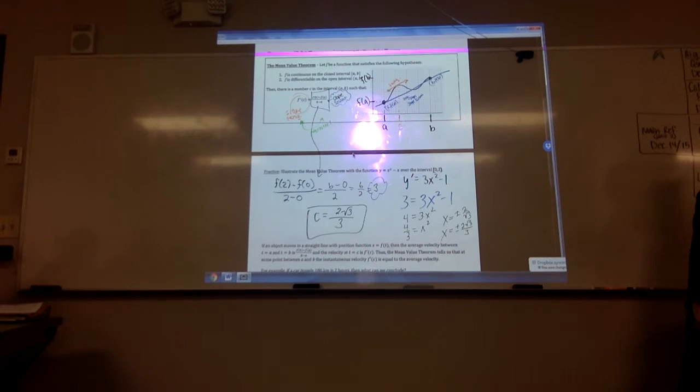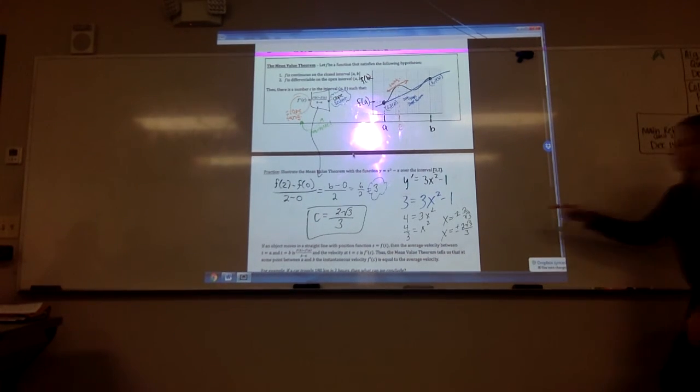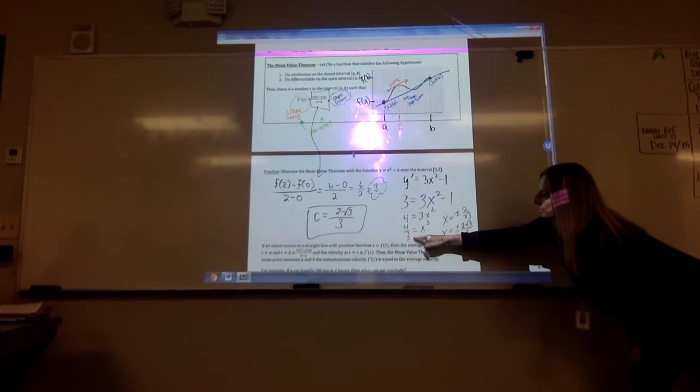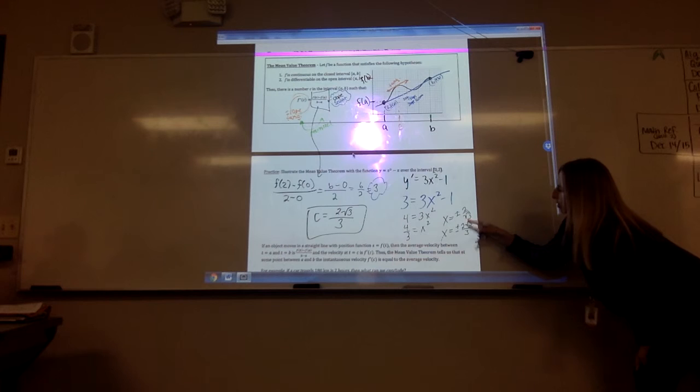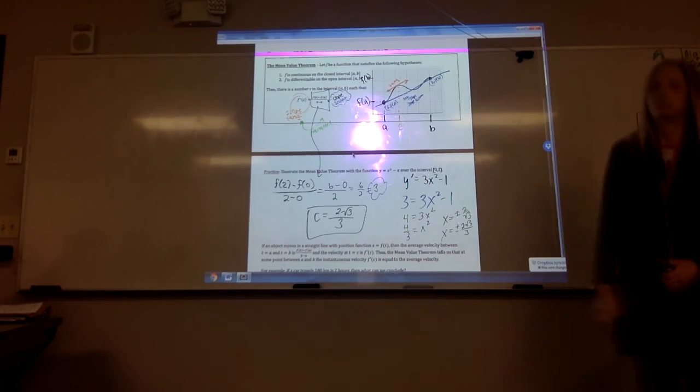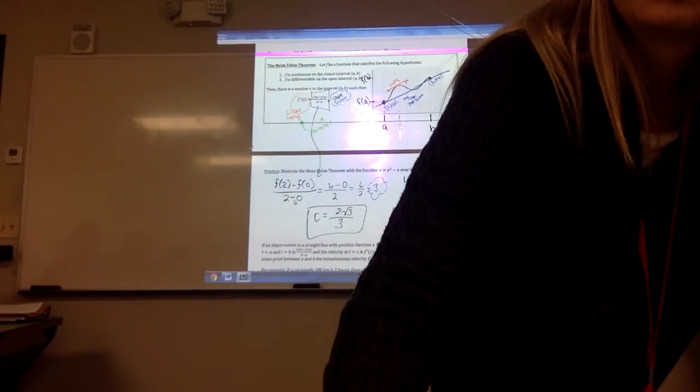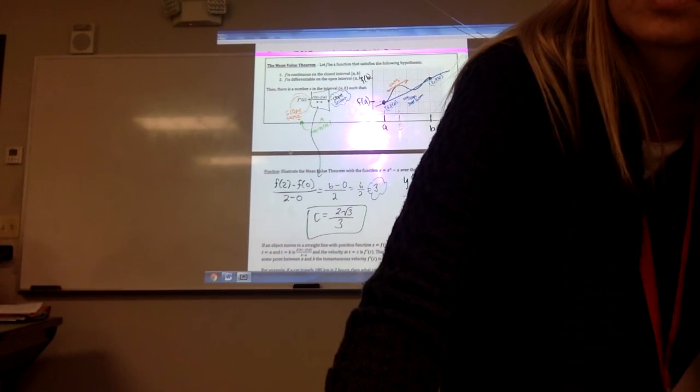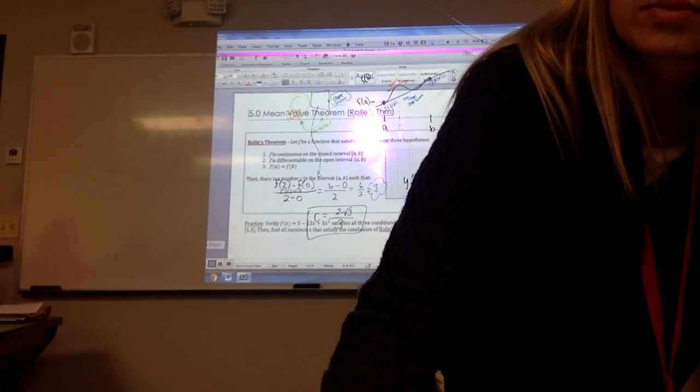So find the slope of the secant, set it equal to the slope of the tangent, and find your C values. Wait, where did you get plus or minus 2 over square root of 3 from? Because isn't it just x equals the square root of 4 thirds? And the square root of 4 is 2, and then root 3 at the bottom. I just simplified it. Okay, so then